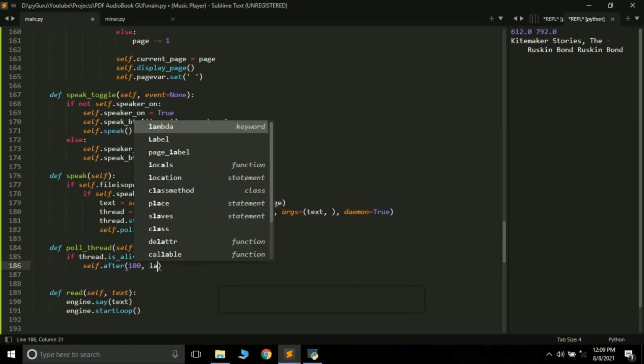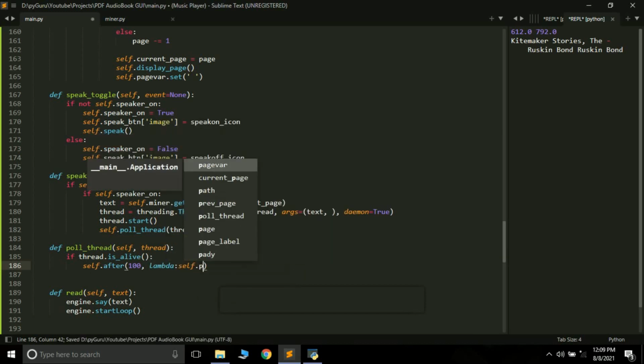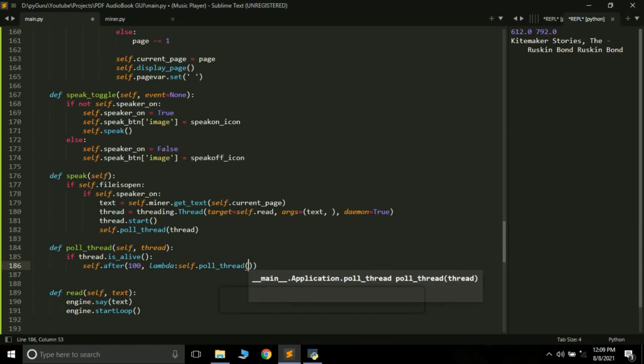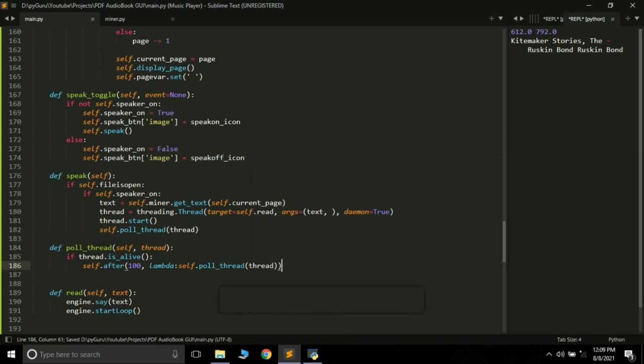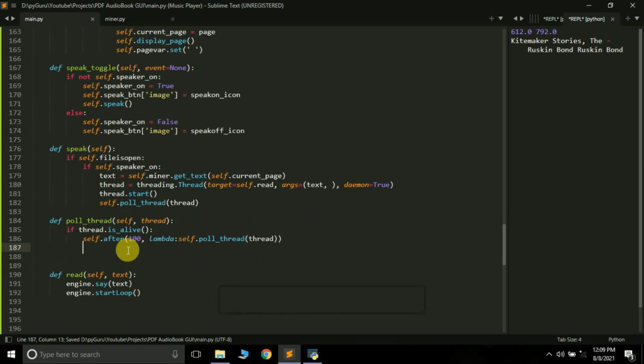So lambda and self.poll_thread. Basically you can check if the thread is alive or not, so we do not have to check every millisecond. I'm just checking every 100 milliseconds.